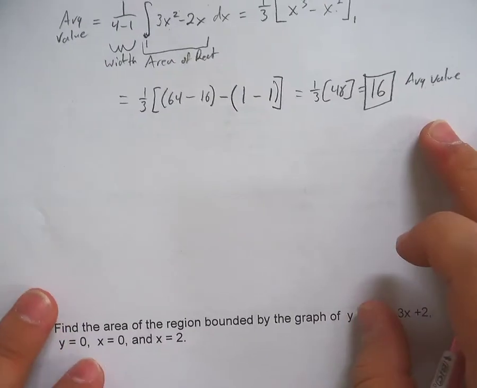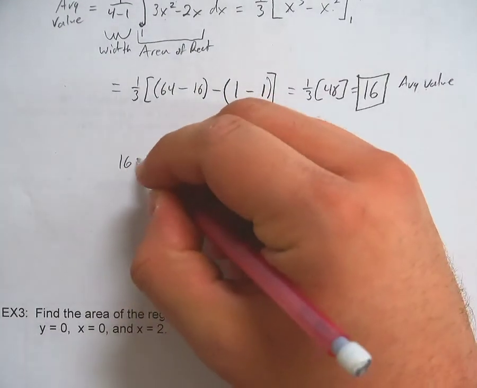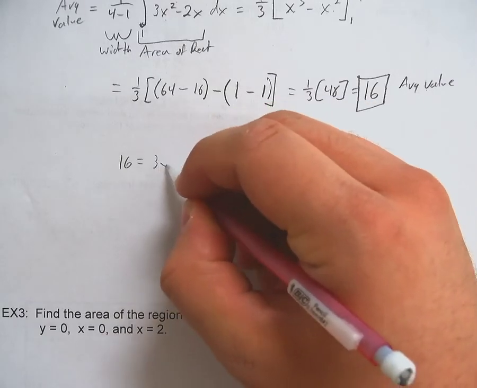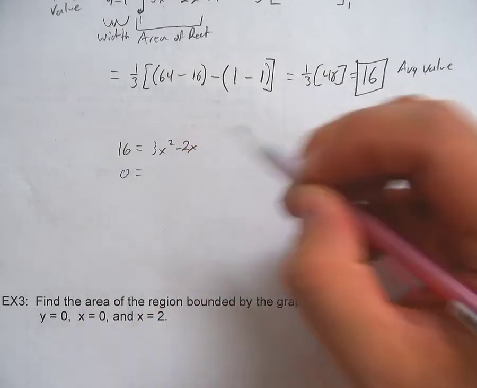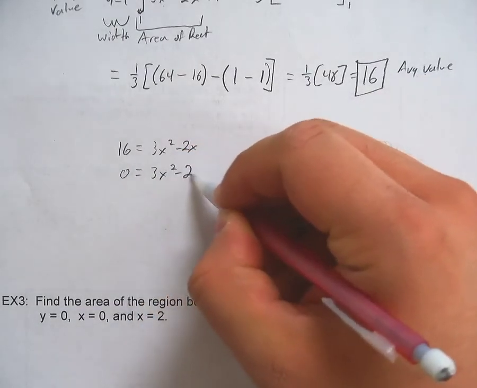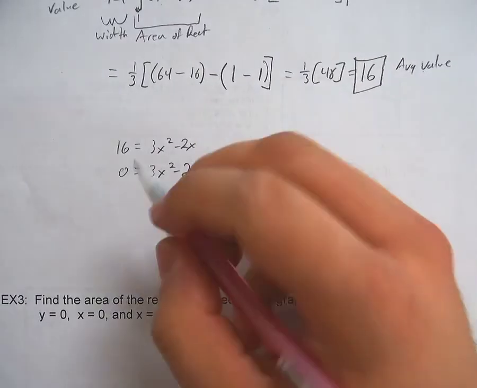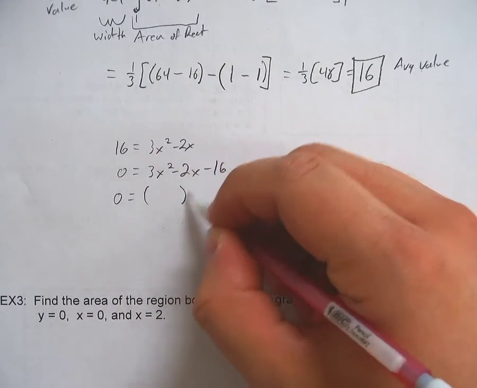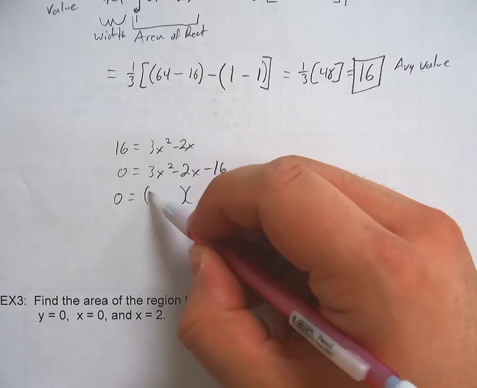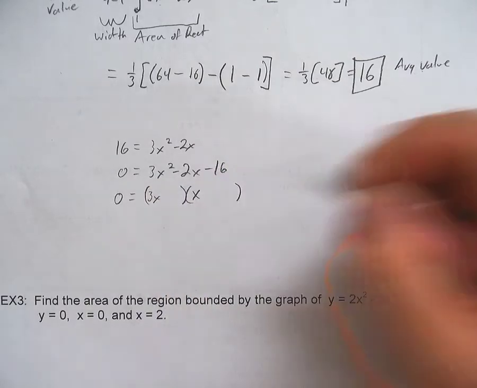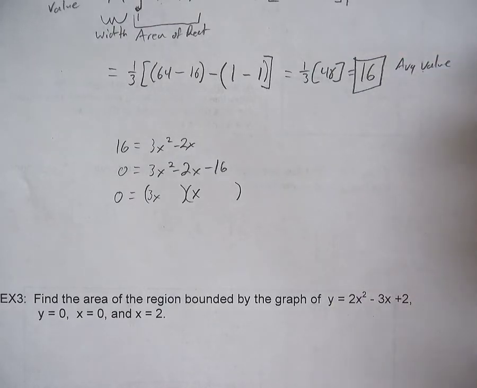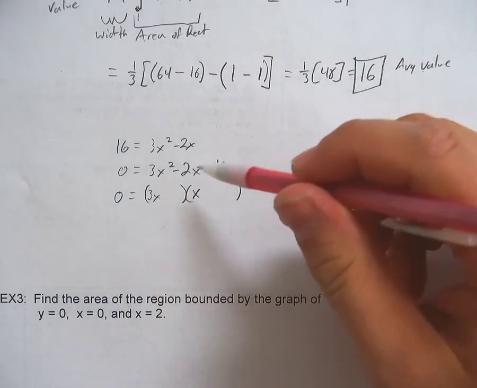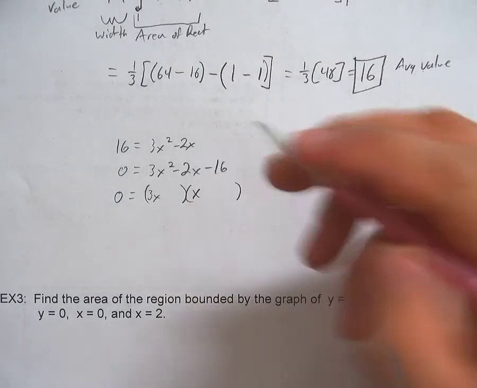So plug it in. Plug in 16 for y equals 3x squared minus 2x. Set it to 0 because I've got multiple powers of x. And this one's going to be interesting to factor. Multiplies to 3, so 3x and x. And then I need it to multiply to negative 16 and add to negative 2, after a positive 3, which would be 6. So minus 8